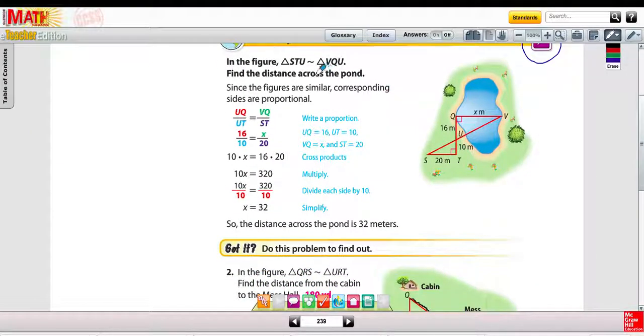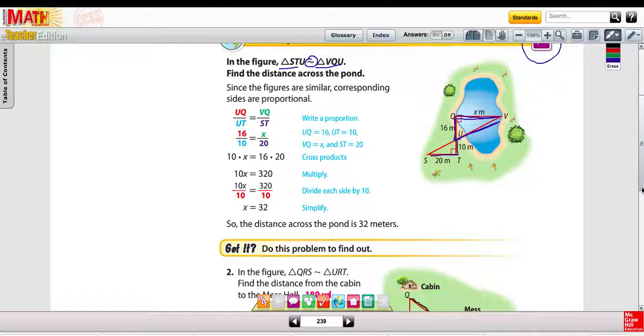In example 2, we're given that these triangles STU and VQU are similar. Remember, that's the symbol for similar. And what we can do with similar triangles is we can set up proportions to find out distances. So I don't know this distance, but I could find that out by setting a proportion for 16 over x equals, whoops, I don't think I could do that because I'd have to find out what another measurement is here. So I could take 16 over x equals 10 over 20, and that's what they did over here in the